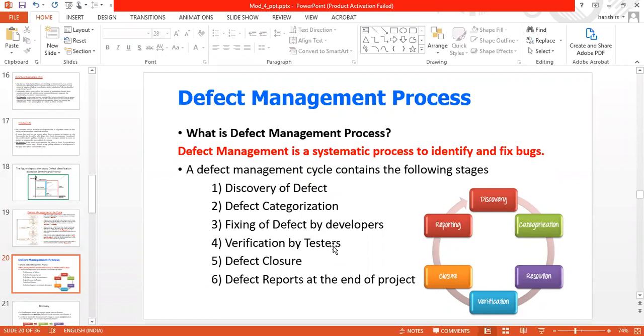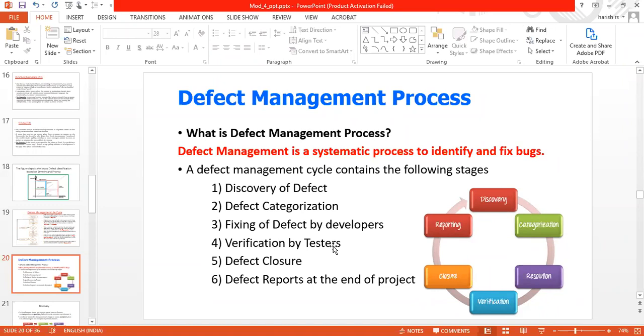We have already seen what the defect management process is in a few slides before, where you had the discovery of the defect, the baseline of the defect, then resolving, verification and documentation. We systematically process the identification of the defect to manage it, and then try to fix it. When such a process goes on, that is called defect management. That is, we find out how exactly we are going to process the defect, identify what kind of bug it is, and then try to fix that bug.